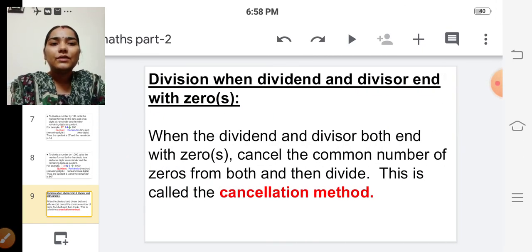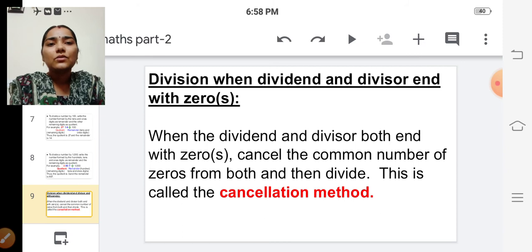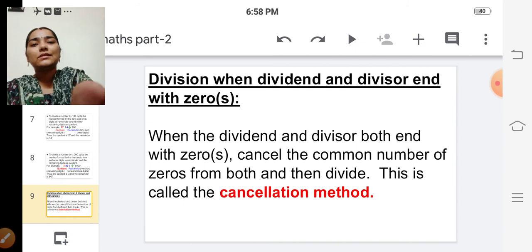Division when dividend and divisor end with zeros. See, when the dividend and the divisor both end with zeros, cancel the common number of zeros from both and then divide. This method is called the cancellation method. See, for example,